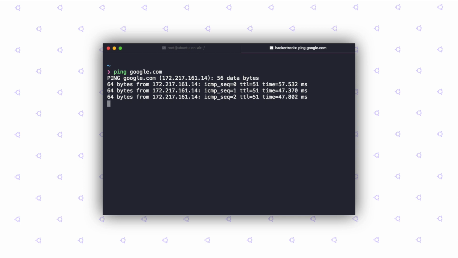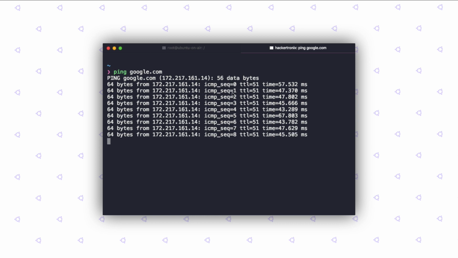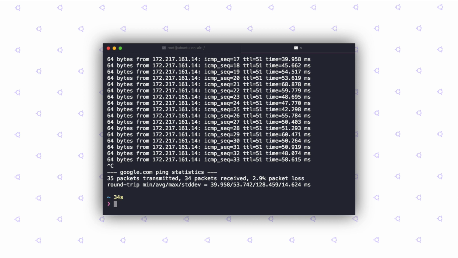Let's clear the console again, and now let's move on to the network troubleshooting side of things. With this next command, you will be able to check if a remote host is online or not. To do so, we're going to use something known as the ping command, and I'm pretty sure some of you might already be familiar with it. The usage is pretty simple. It's ping followed by the URL, and the system is going to send some ICMP packets to the remote host, and the remote host is going to reply with the same. So now let's kill this and let's see an actual usage of this command.